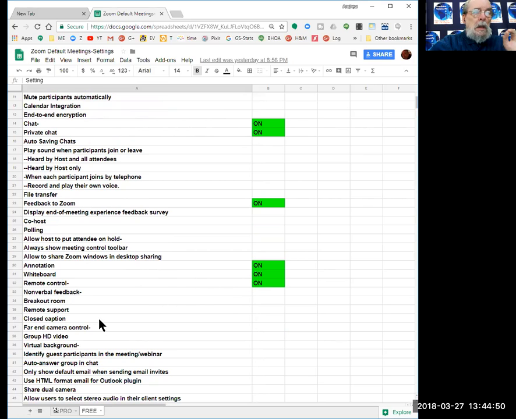Closed caption, you can allow it to go to a third party to be transcribed. You can appoint somebody in the meeting to do the transcription. Of course, now if they're busy transcribing, they're not going to be paying attention to what's actually going on. They're only going to be listening to words and typing, not necessarily thinking about what the words say. So you might want to consider that there is a way to get a transcription. That is, if you record to your local computer or to the Zoom cloud,